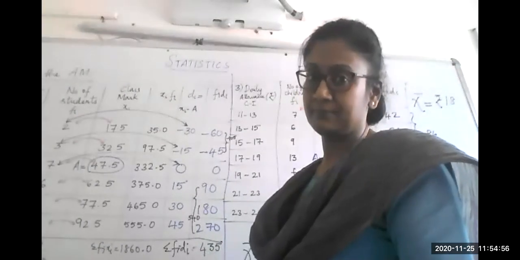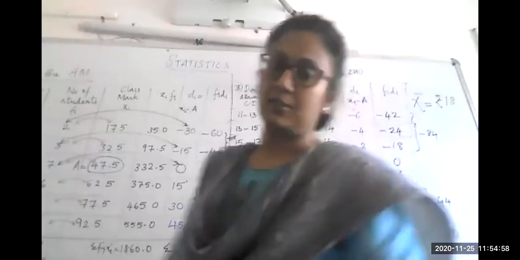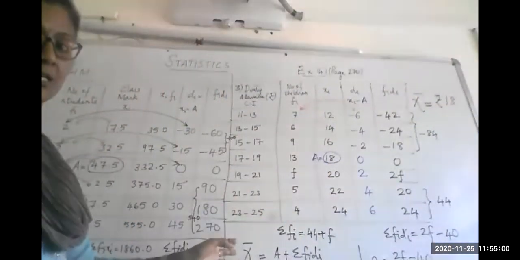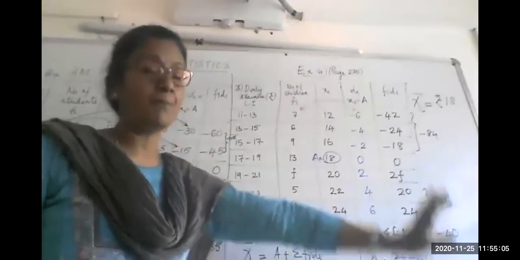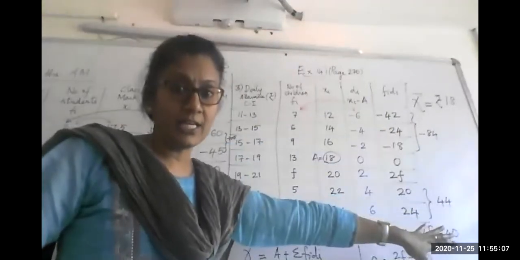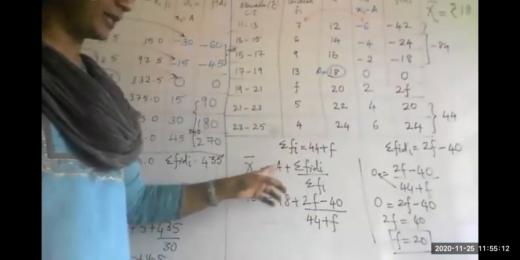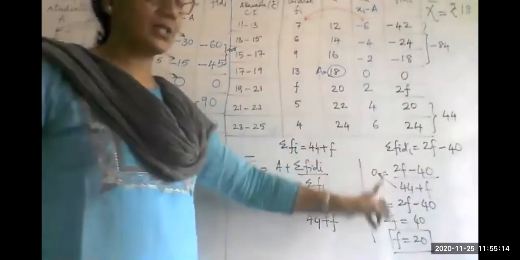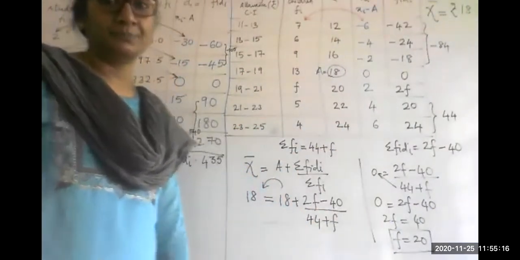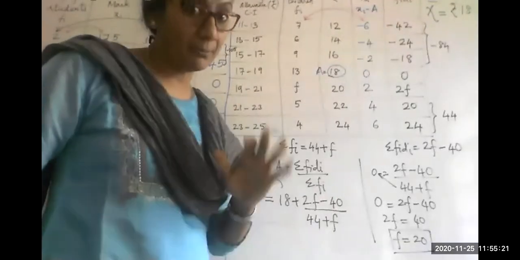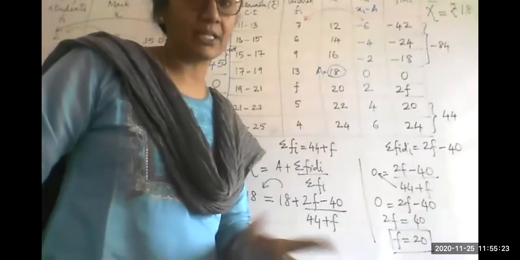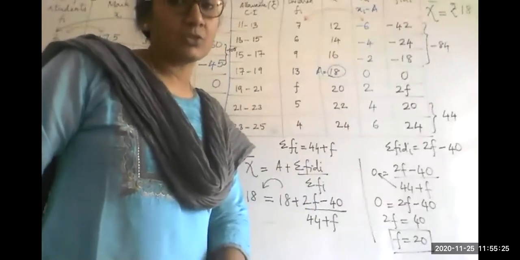Substitute the correct or the appropriate formula. Substitute and simplify. Similarly, take a new problem in missing frequency. The arithmetic mean is given. You know which method you are going to follow. Prepare the columns accordingly and then recall the appropriate formula. Substitute the values, simplify. All right, I hope this is clear. That's why I'm leaving you with the mean alone today. Tomorrow I will take up the median.